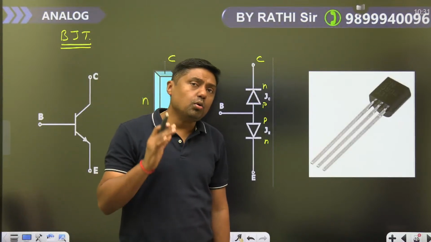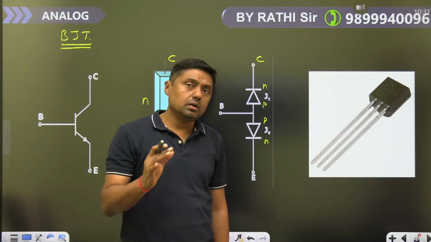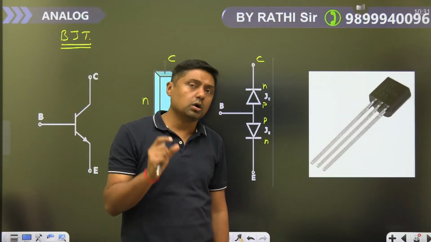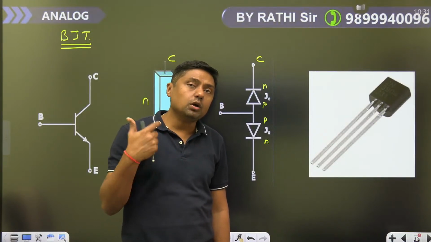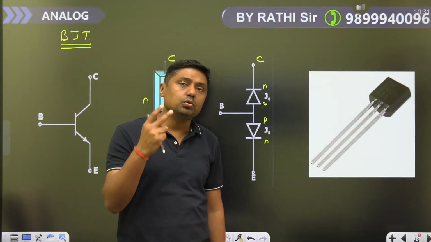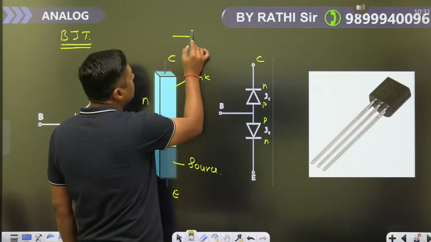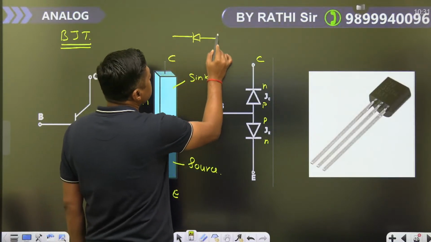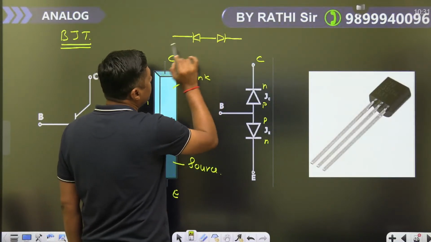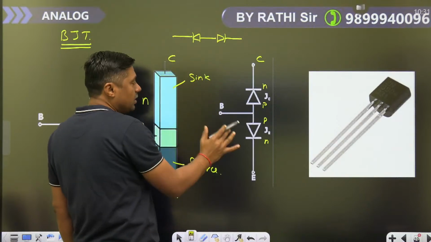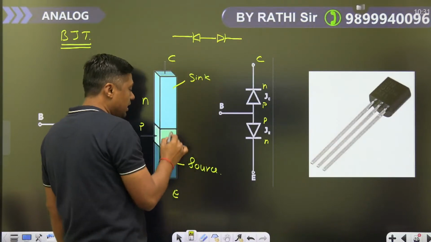लेकिन according to Ebers-Moll model, we can't design what, transistor by connecting two diodes back to back. ऐसा अगर आप दो डायोड को लेकर बैक टू बैक कनेक्ट करेंगे तो ये ट्रांजिस्टर जैसा बिहेव नहीं करेगा, याद रखिए। भले ही हम डायग्राम ऐसा शो कर रहे हैं कि एक दो जंक्शन है यहाँ पर,